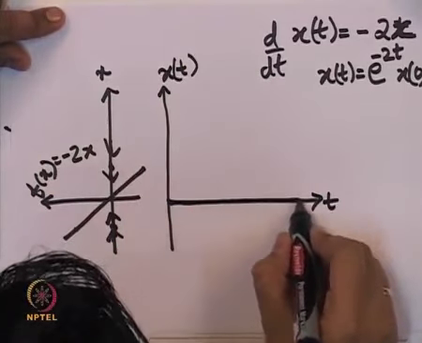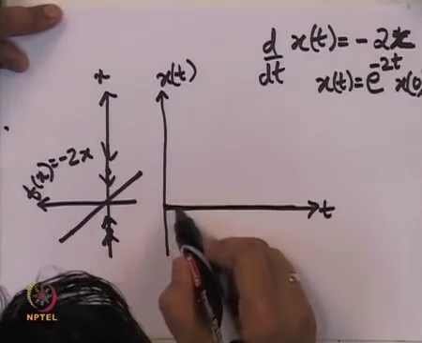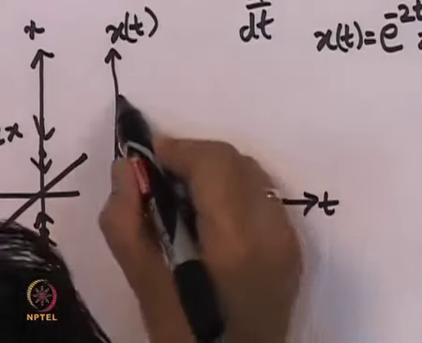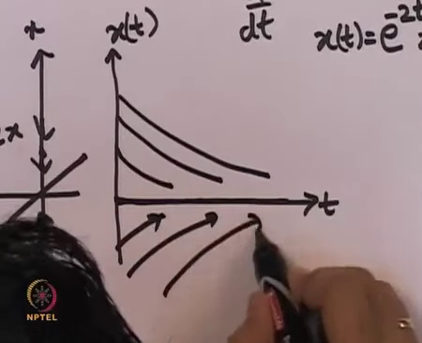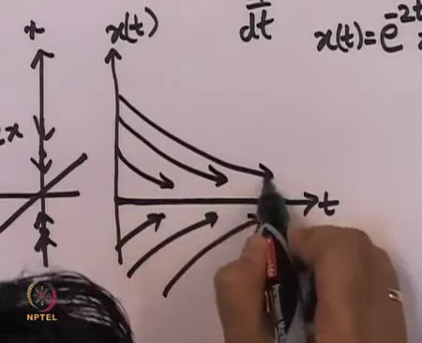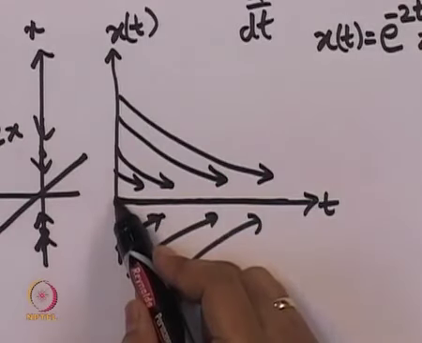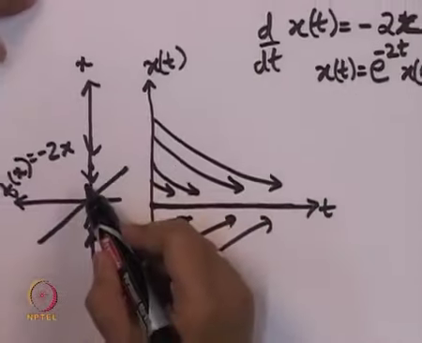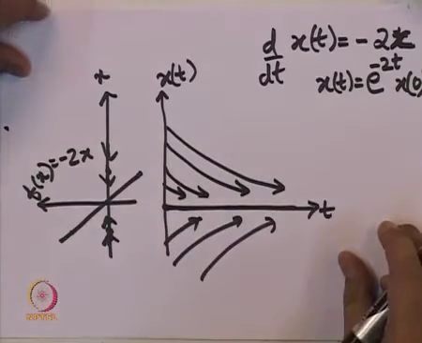For linear systems, 0 has to be an equilibrium point. We see that already here. This is how the trajectories are evolving. So, this 0 is a stable equilibrium point. Why? Because close by trajectories are approaching towards it. It is asymptotically stable. That we can see because this line has slope negative.